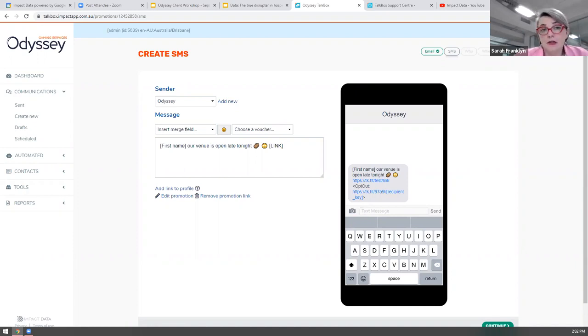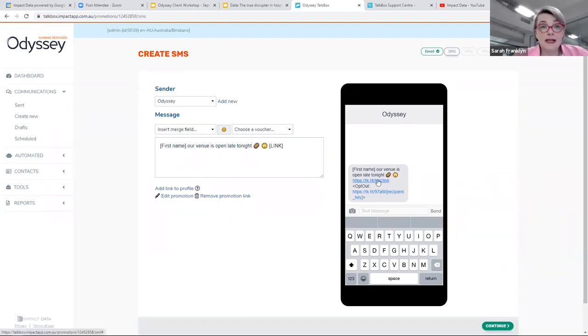And capturing my attention. The reality is, and we hear this a lot from clients, older people don't have a mobile. It's not true. And they're more likely to engage in an SMS than they are an email. They tend to have their email. They might not have a smartphone, but they're much more likely to read an SMS. So you can send an email via SMS, which is what I've just done here. So that link that I'm pointing to here, that's actually that beautiful email that we've just created, and that's how I send an email via SMS.